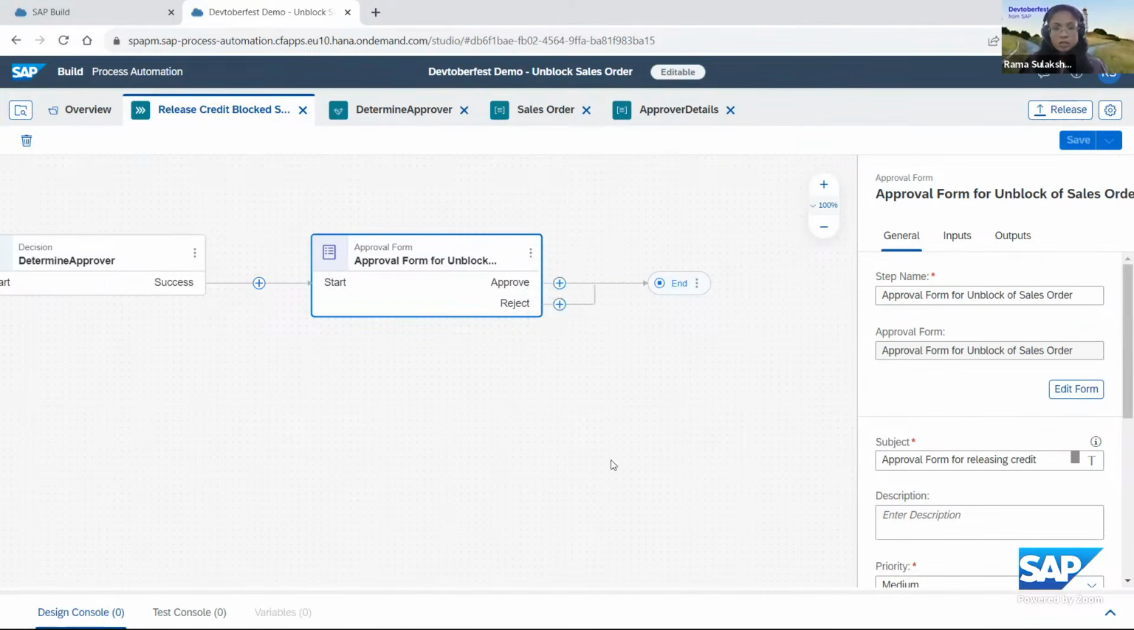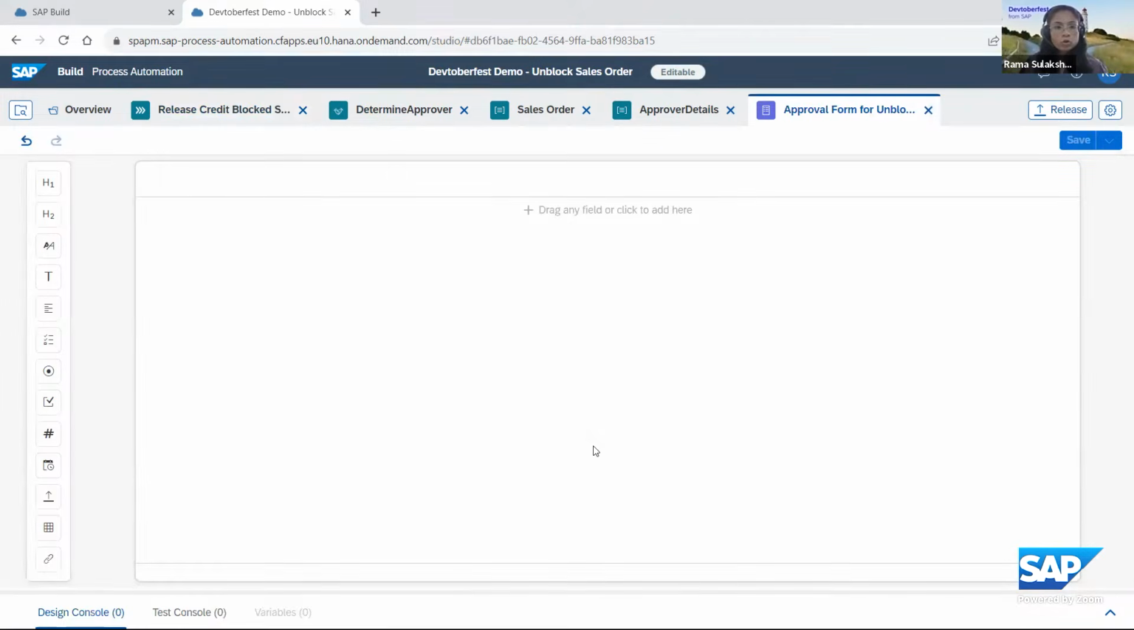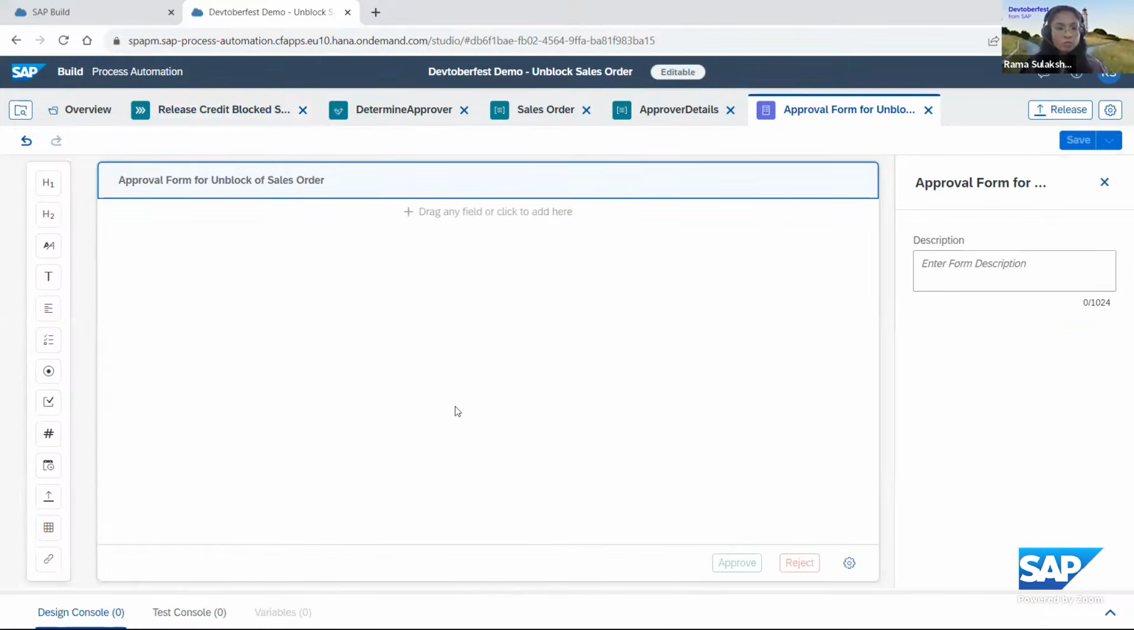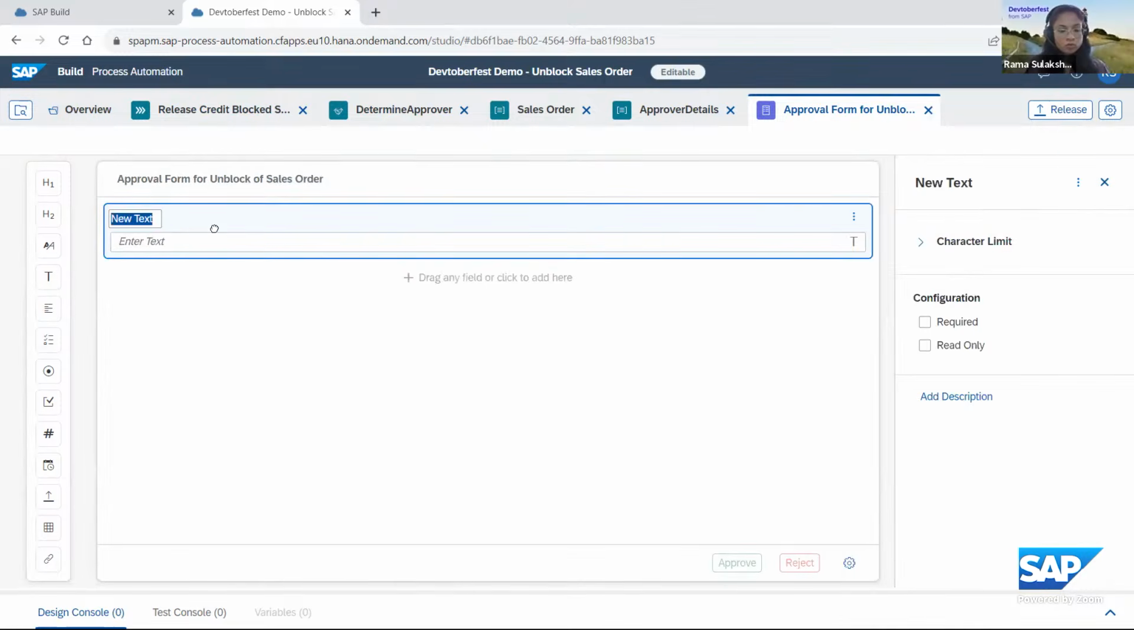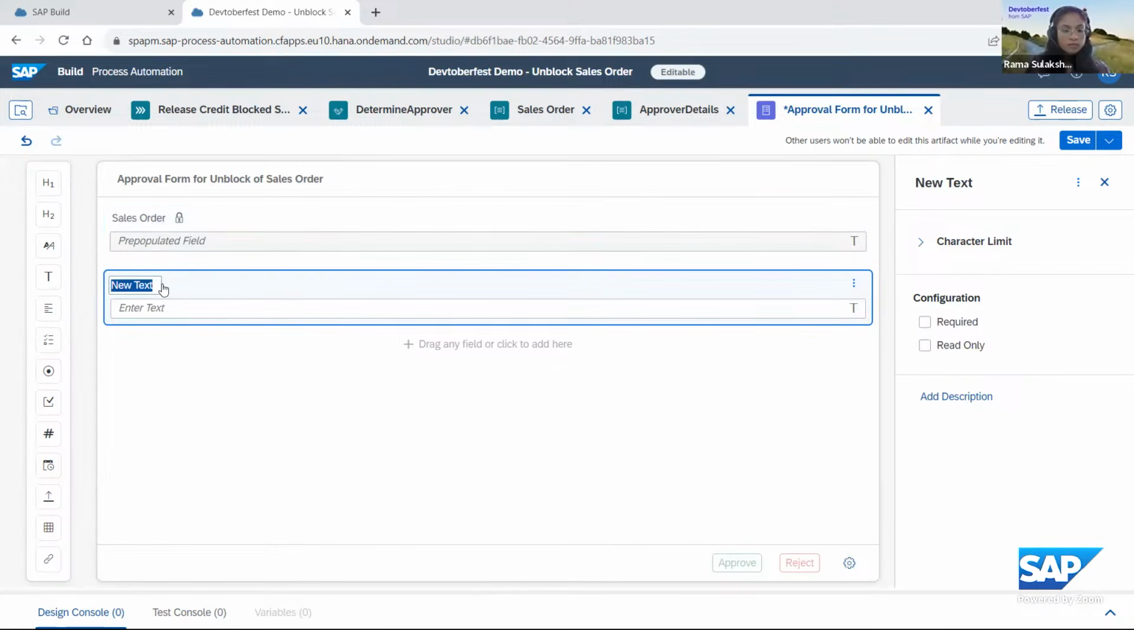Yeah. Now we have to configure the form attributes, right? What are the different attributes which we want in the form? So we'll get into the form editor and then say we want the text box where we add the sales order number. Since this will come from the process context, I will just make it read only. Same with, say, I want more details, so that the approver will be able to make a decision whether he can approve or not. So again, I will make it read only,